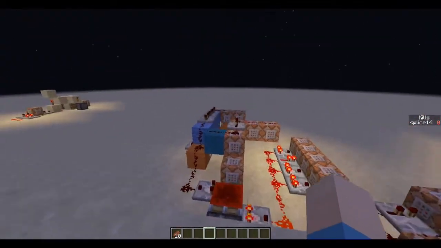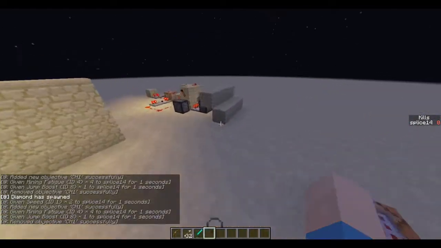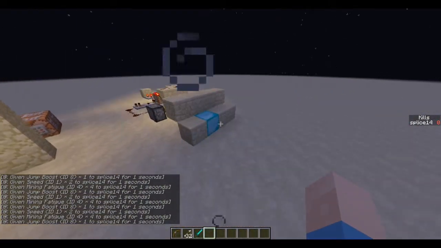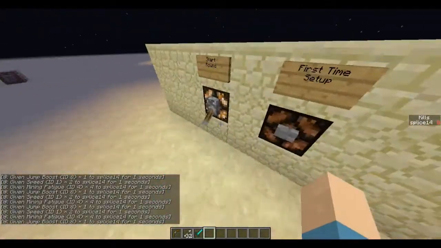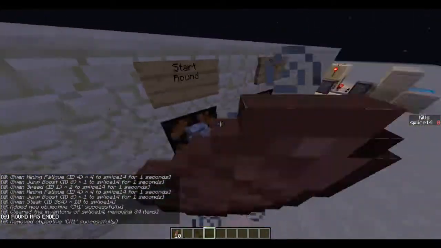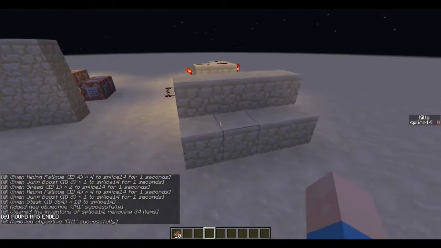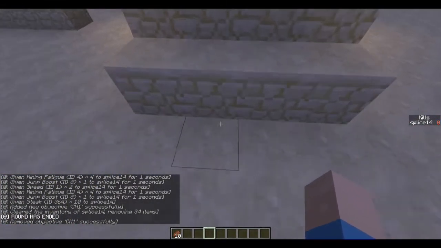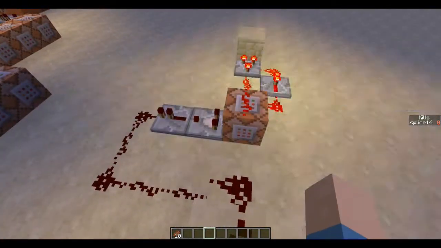That command block over there says diamond has spawned. You'll see this pops up. So now there is a diamond here. Now this is not necessarily the final setup for the PvP game. It is dependent on the PvP game, but it's a demonstration of what it could do, where when the round